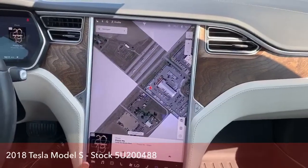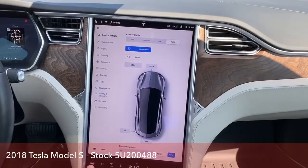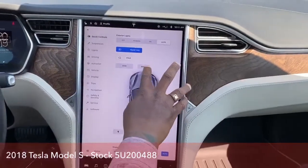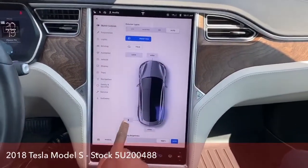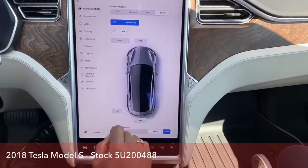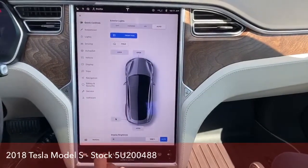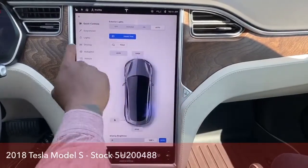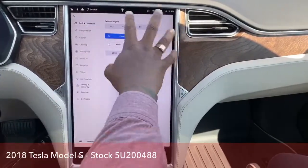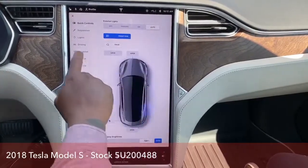When it comes to some of the features on here, we're gonna go to that car button right here, and it shows you everything from a quick control that will open your hood, open the trunk, and also open the charging port outside. So it does charge, like I said, it's full electric, so it runs on battery. You could actually fold your mirrors, lock the doors, all that in a quick view right here. You could go to your exterior lights also. Like I say, it's quick control, so everything that you need right away will be right here. When it comes to